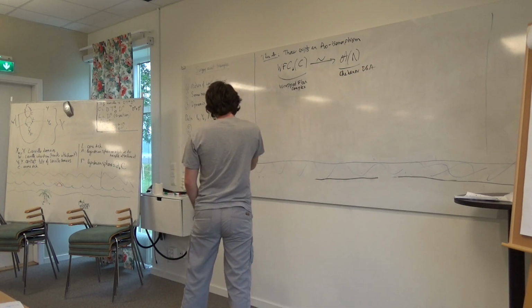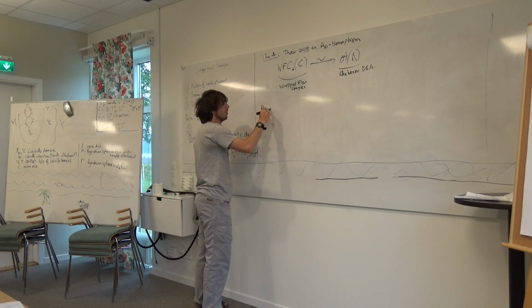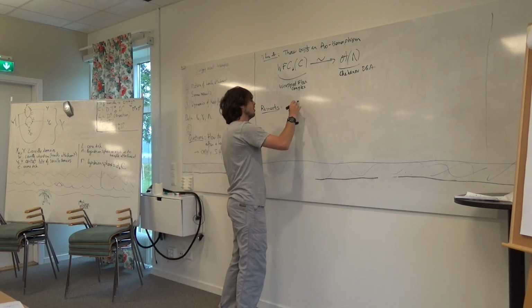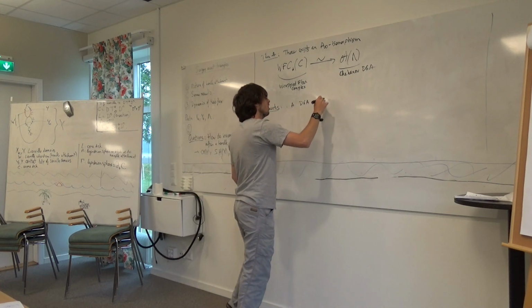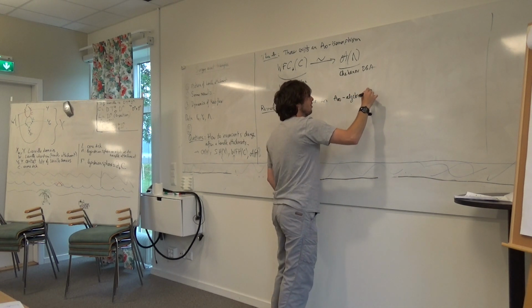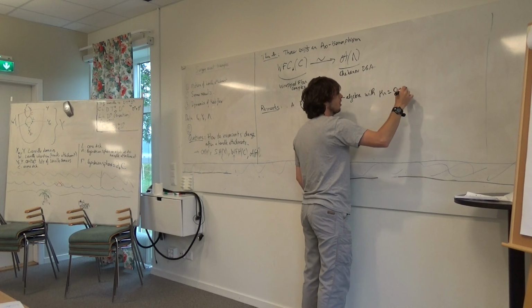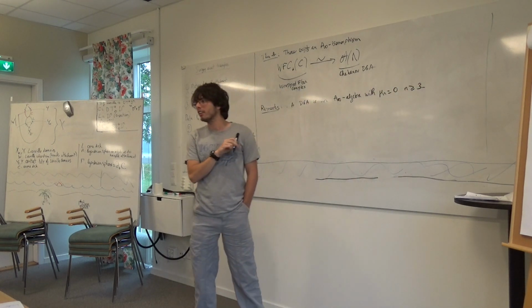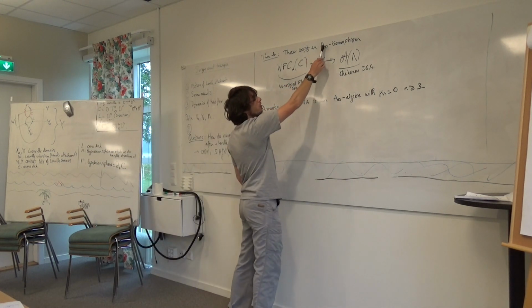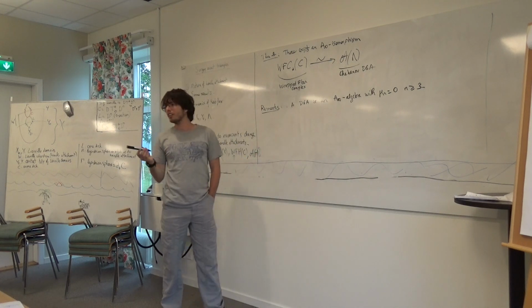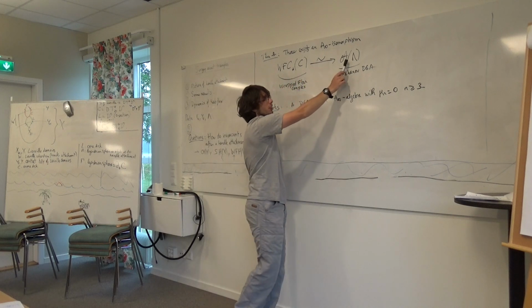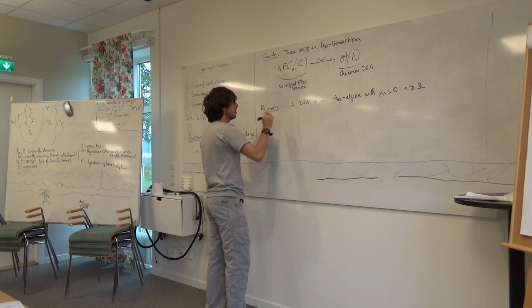So maybe some remarks. I don't know if you work with A infinity algebras, but a DGA is an A infinity algebra with mu n equal to 0 for n bigger than 2. So it's an easy A infinity algebra. So I can talk about an A infinity isomorphism. It will be an isomorphism between two A infinity algebras. So this is an A infinity algebra, and this is a DGA. But a DGA is an A infinity algebra.